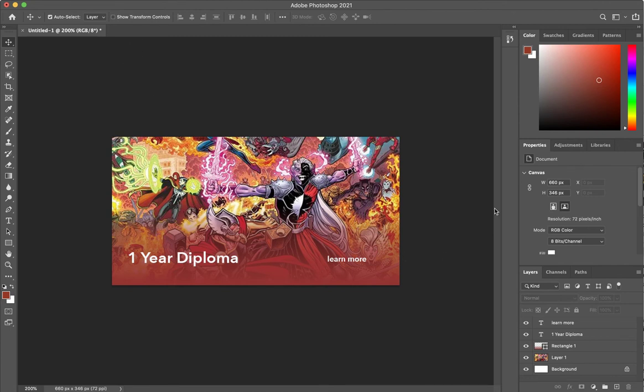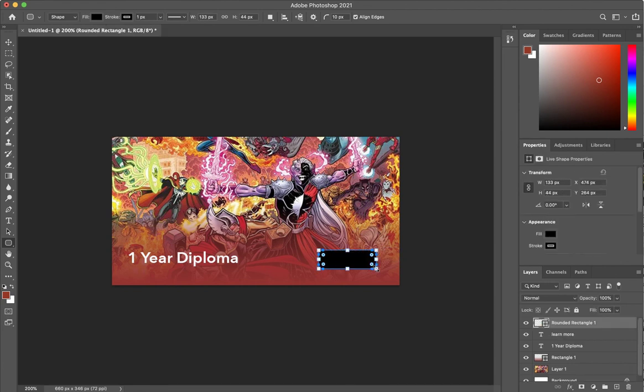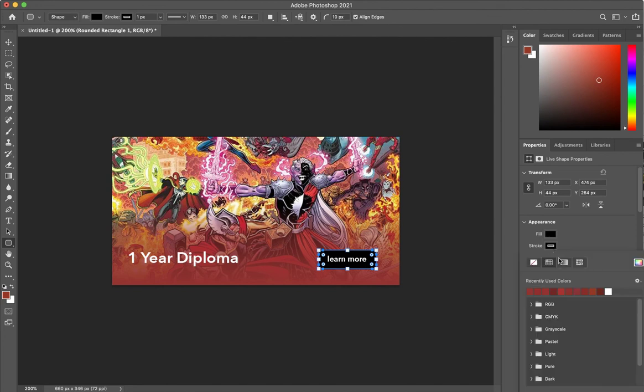Now I can use kind of a split technique. I can use both approaches of using the solid color and the gradient. So for example, I might use the gradient behind this area, and then for the button, I'll use a solid color. Okay. And let's pick a different color for the